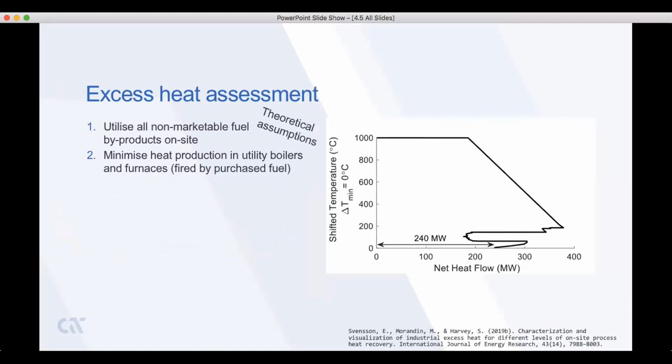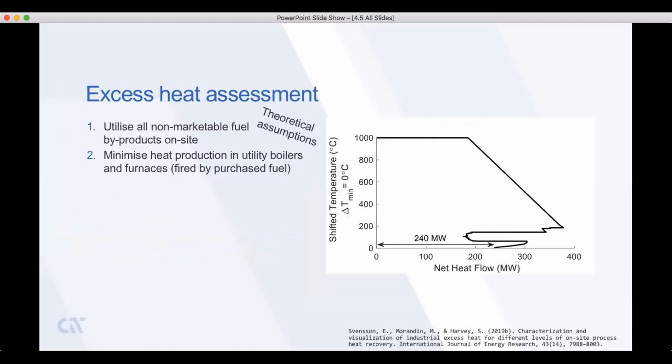The approach adopted in this work is to theoretically determine the unavoidable excess heat, which refers to excess heat that cannot be avoided by improved internal heat recovery or utilization. For the excess heat assessment, this means that the internal heat recovery and utilization is prioritized over excess heat delivery, and the following prioritization order is used.